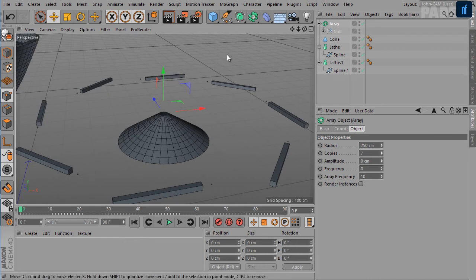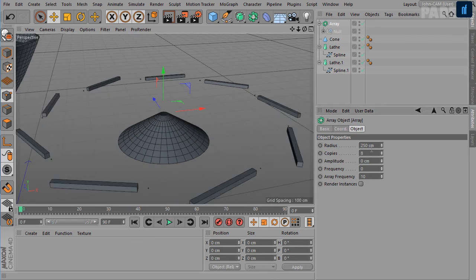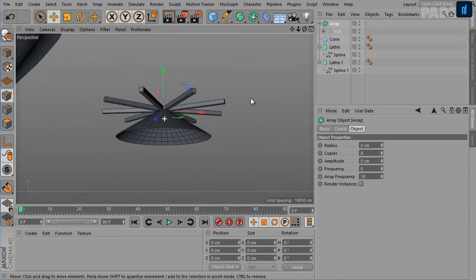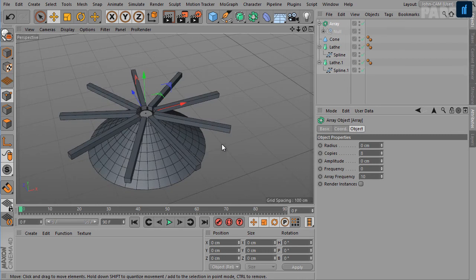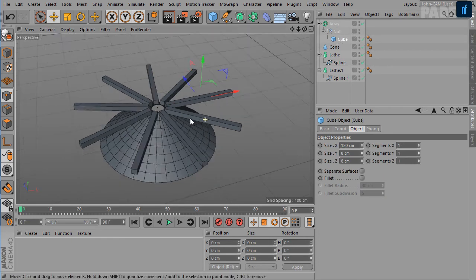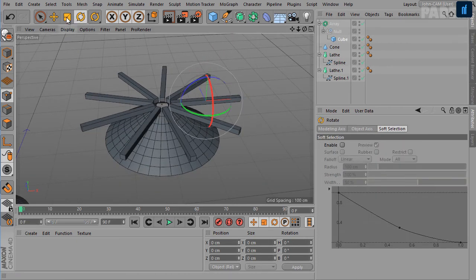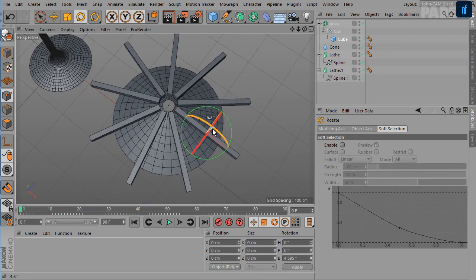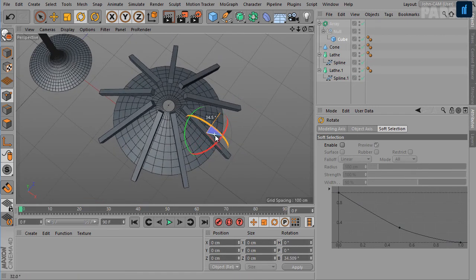So by default Cinema 4D creates 7 copies, but we need 8, so change this to 8 and radius to 0. Okay, now select the cube object here inside null and activate the rotate tool, and then rotate this cube around the Z axis.